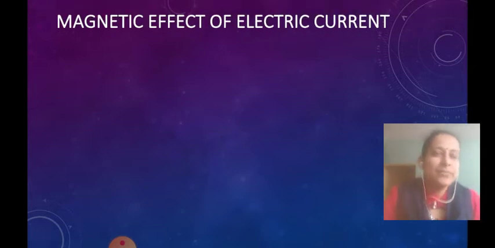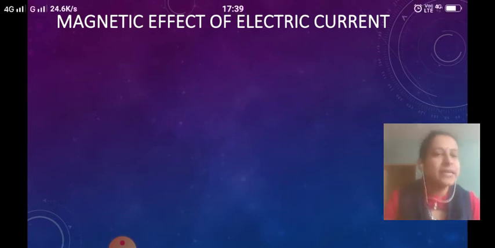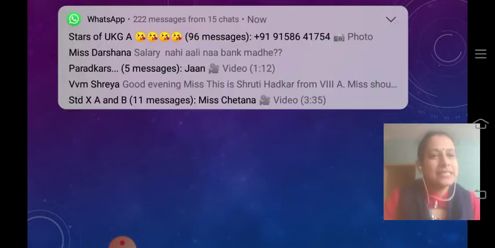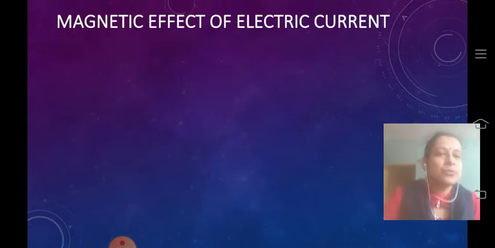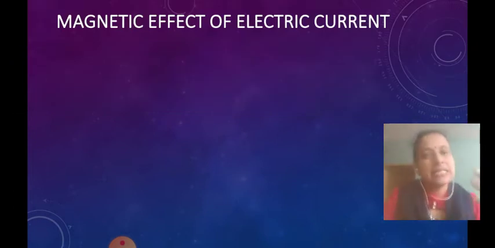Last time you know that I have already introduced to you the basics of what is magnetic effect of electric current, as well as what is the difference between the electromagnetic induction. So today let us learn in detail about the magnetic effect of electric current. How are the magnetic field lines when the current is passing and how is the direction of the magnetic field lines. Fine. So let us see what is there ahead.